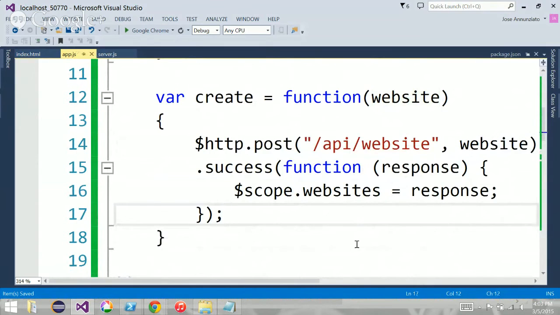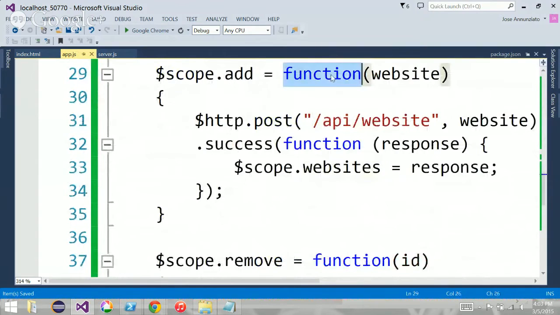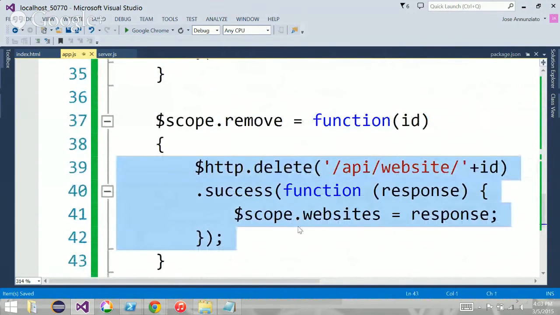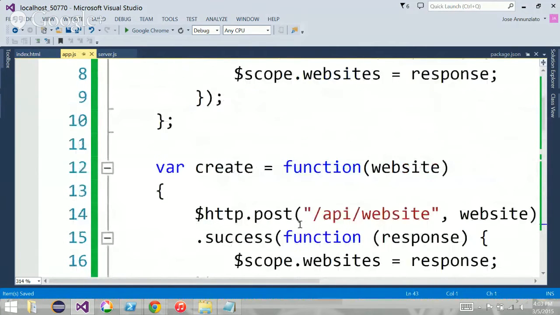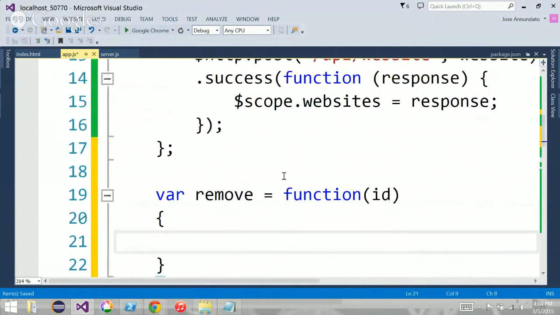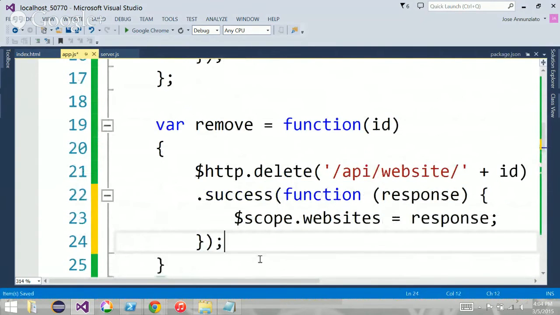What else? Do we have anything else? We have, this is getting all of them. This is adding all of them. And this is removing all of them, right? So let's copy that, the deletion. And we're going to copy it here, and we're going to put it inside of a reusable function, var remove function. It's going to take as argument the ID. I'm going to paste here the delete. Okay, and that ID now is an argument. See that? Okay, everybody okay? All right,